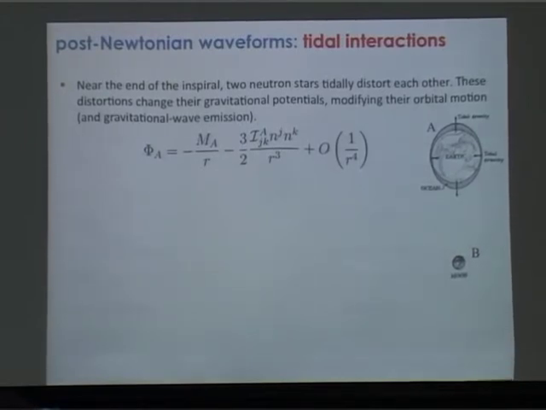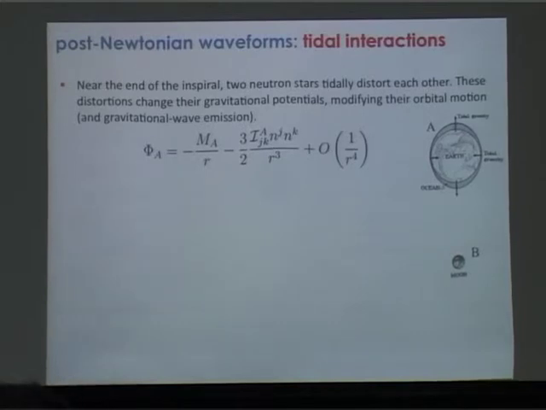Okay, what's another effect we might want to put in? So there's tidal interactions. That's another effect which has had a lot of interest in the community recently. So the basic idea here is, suppose I just have the Earth and I have the Moon over here. The Moon, we know, tidally deforms the Earth. Now the Earth's gravitational potential isn't just, say, m over r. It's m over r plus some 1 over r cubed correction, which depends on what we would say is a tidally induced quadrupole moment on the Earth.